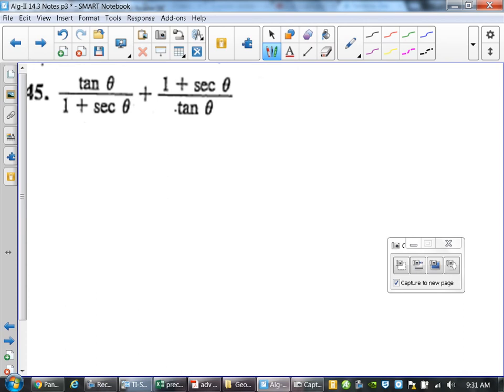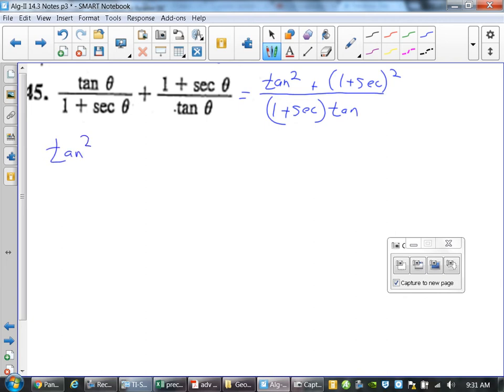Common denominator is going to be 1 plus secant times tangent. Okay. Fraction on the left needs a tangent, fraction on the right needs a 1 plus secant. Are we okay with that? FOIL it out. You're going to get tangent squared plus 1 plus 2 secant plus secant squared all over